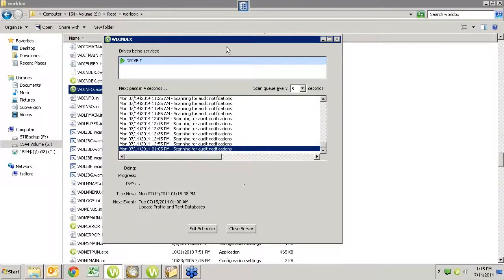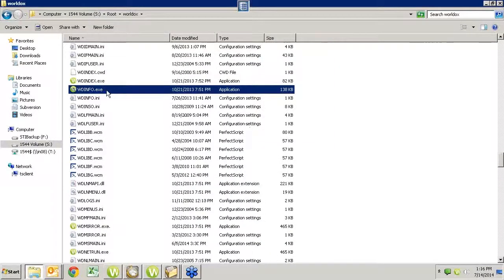Most firms will have an indexer that's a separate machine that sits off in a corner somewhere. Sometimes it doesn't even have a monitor except one that it shares with other computers. Sometimes it's in a server room. But the bottom line is it's hard to see, and it's hard, therefore, to know when something's wrong with it. You can look at it right here like we are, and you'll see that every 5 or 10 seconds it's scanning and looking for things to index, and that's basically what it does. But if it stops or if something's going on, unless we're looking at it, we're not going to see that. So the people at Worldox developed WDInfo,